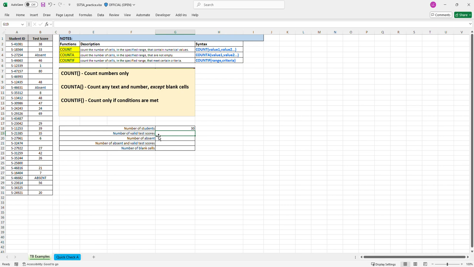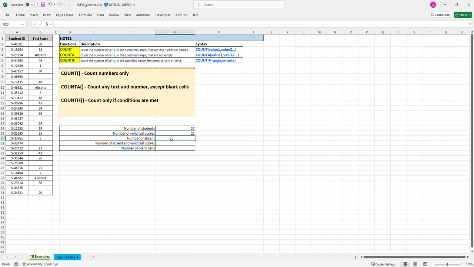And number of valid test scores. Notice that valid test score consists only of numbers. So we will use COUNT, which counts only numbers. And again, we select the cell ranges here, and it will count all the valid test scores, which is the